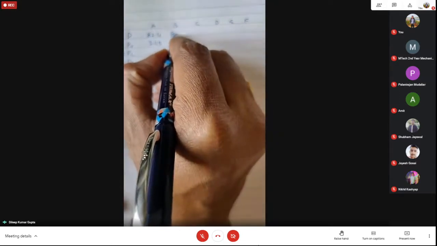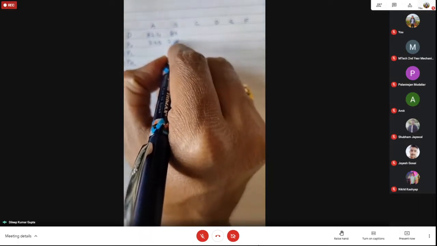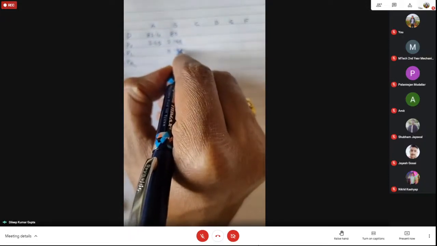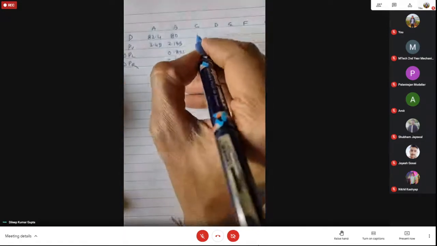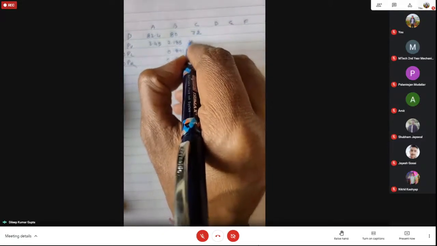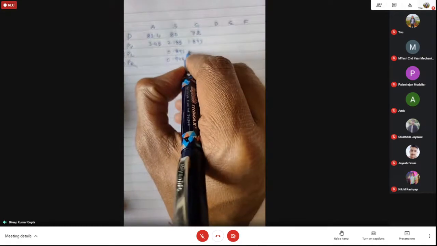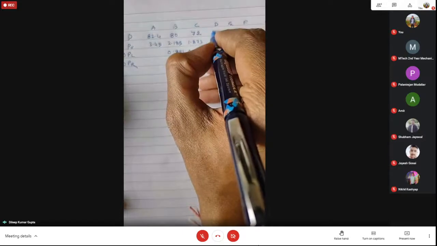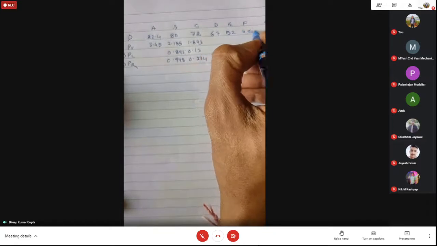For the second case, we have assumed 80, and taking 80, we got the value of PV will be equal to 2.185. Then the value of delta P_L was 0.895 here and 0.948 here. Not much difference. Third case, we'll assume the value of 72 and we'll get the value of this equal to 0.873, and this value is 0.13 here and this value is 0.234 here. For this case, we'll assume 67. For this case, we'll assume 52. This is 48 and this is 39.